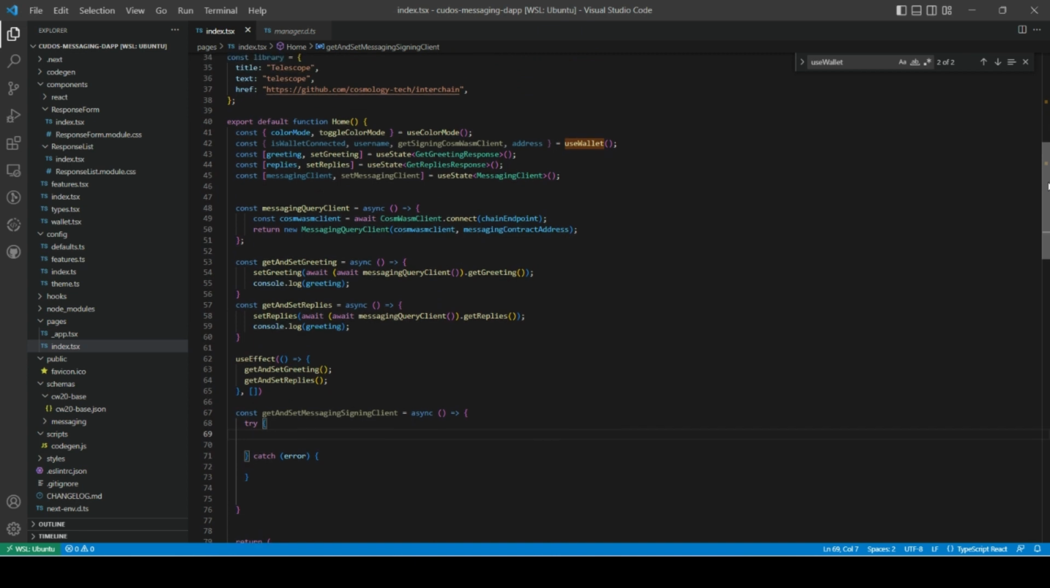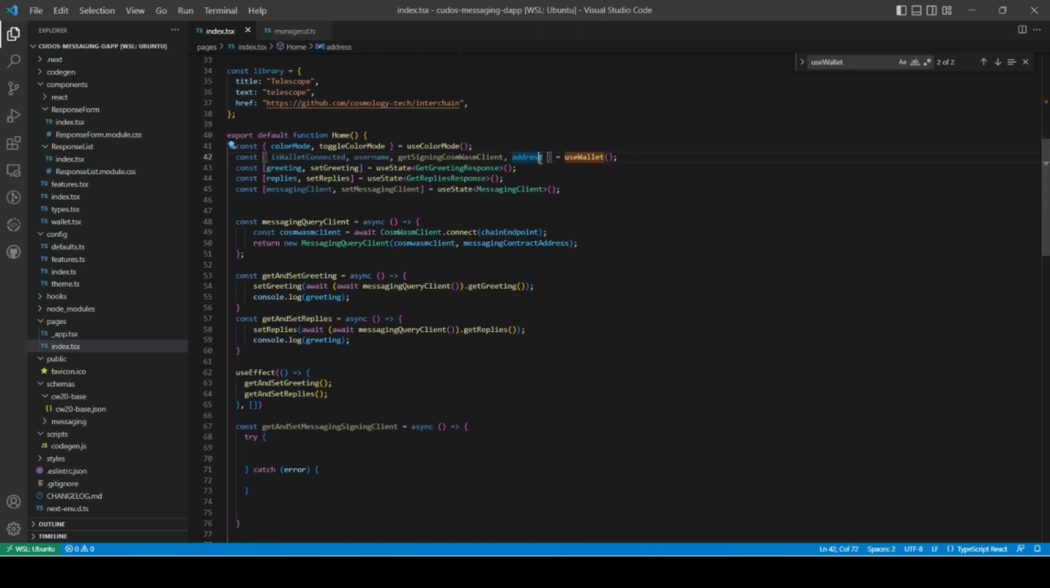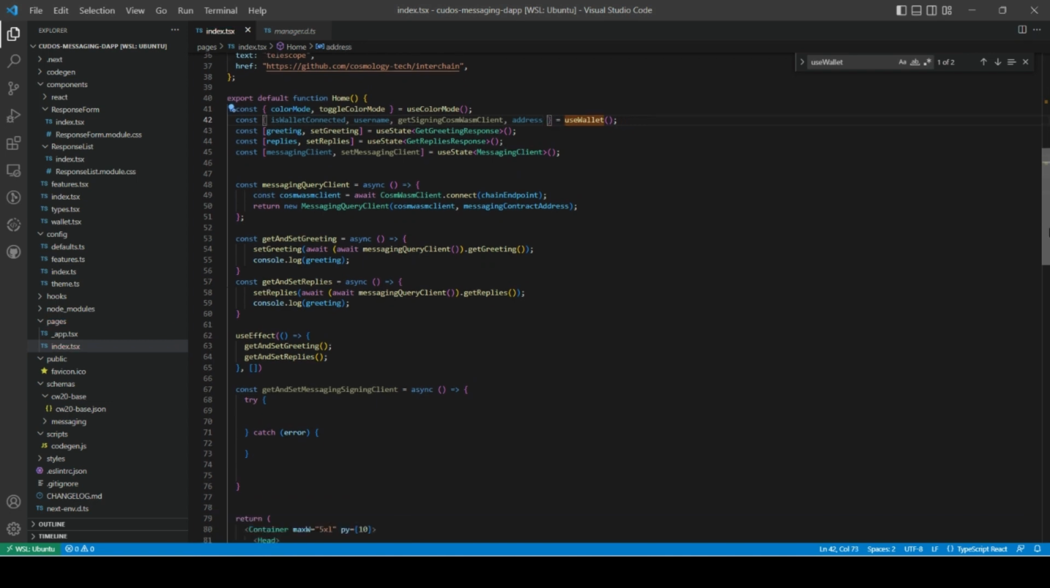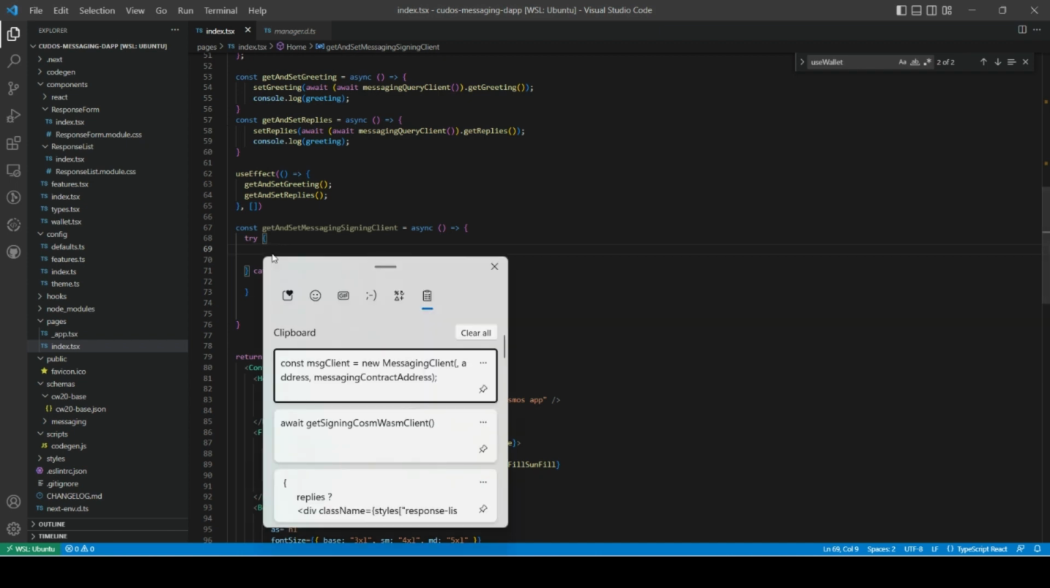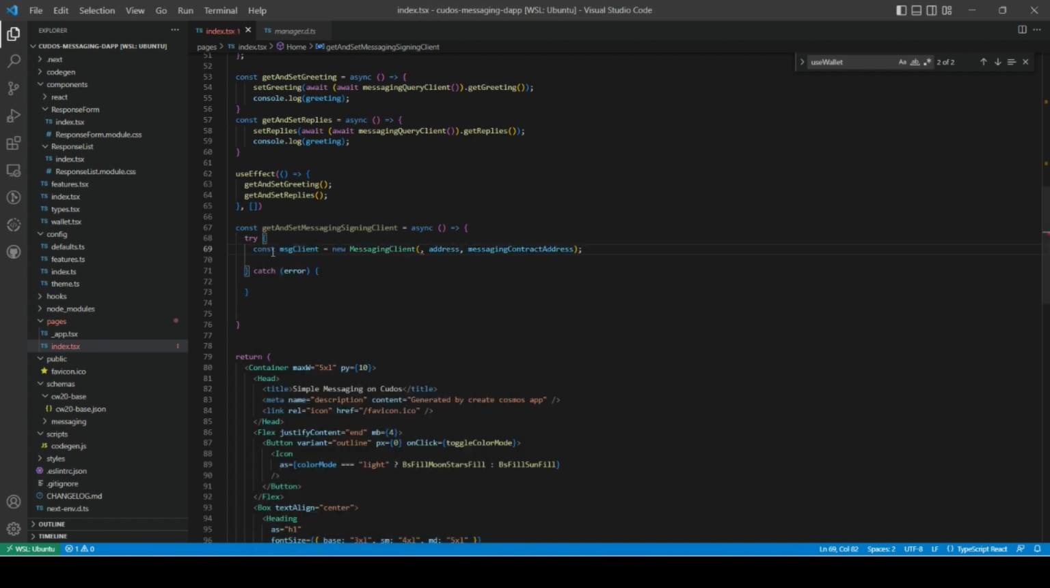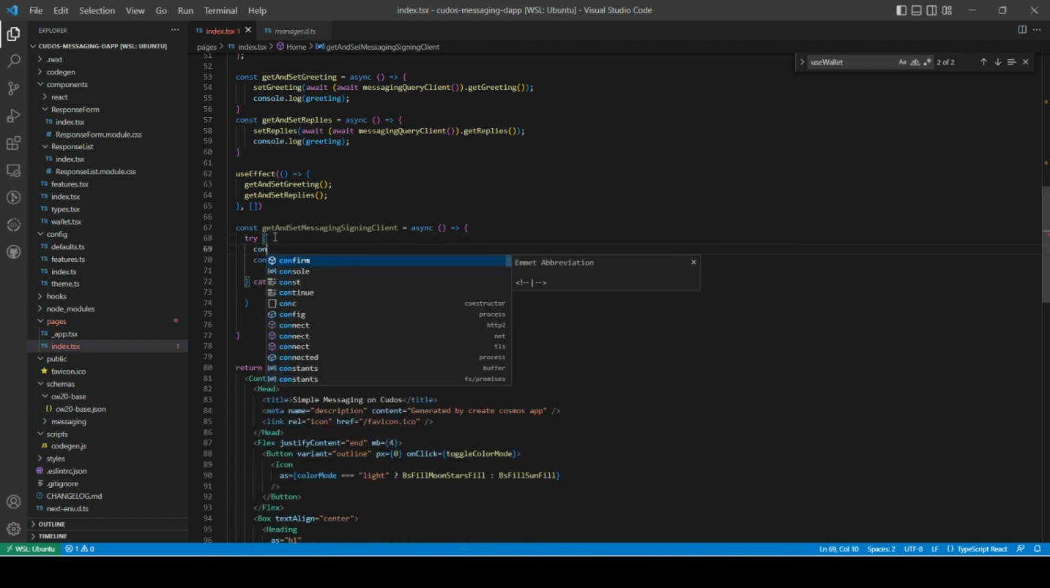So I'm going to say, let's see if we have anything that has to do with Keplr. No, we don't. So I'm going to say, there could be errors also if there is no internet connection. So I'm going to say, try, paste this that I copied. But firstly, we need to get the constant